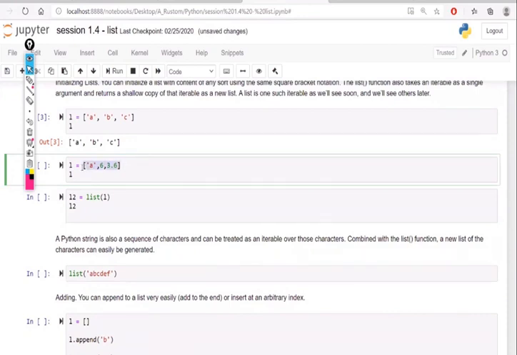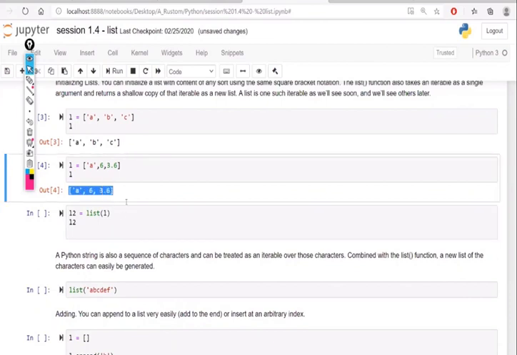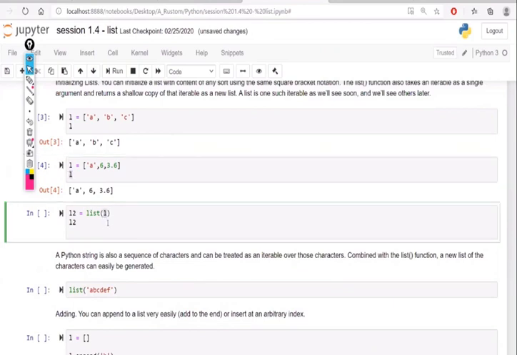I'm assigning all this data to a variable called L, which will be converted into a list of data. So this is basically a list. And right now I have L, and I'm keeping that L inside the parentheses and converting that into a list.